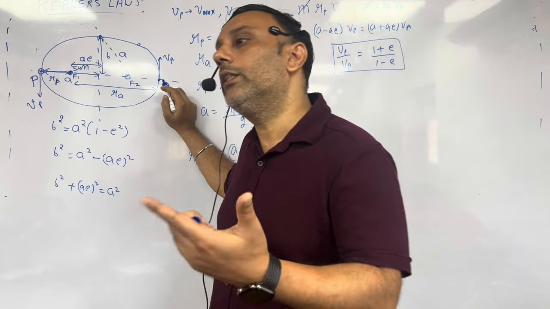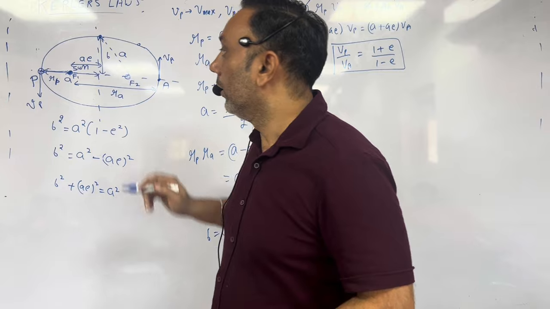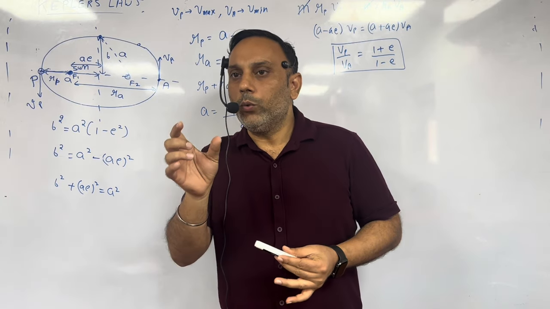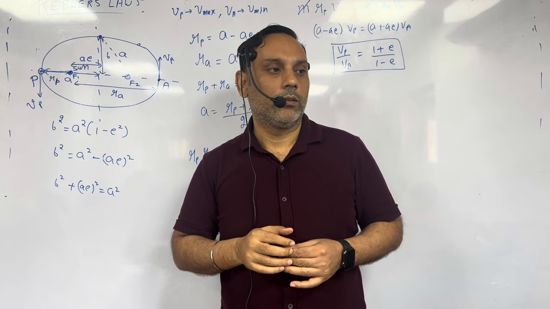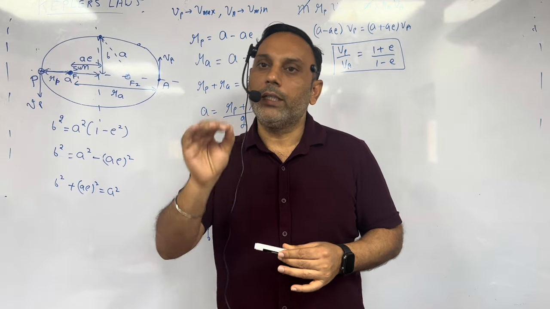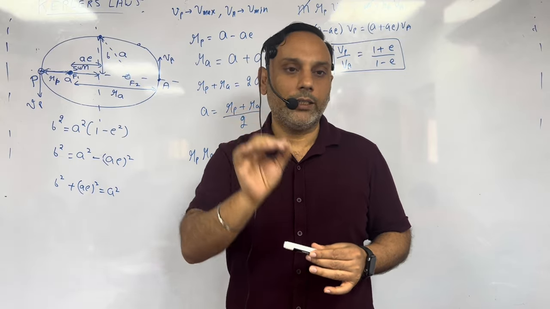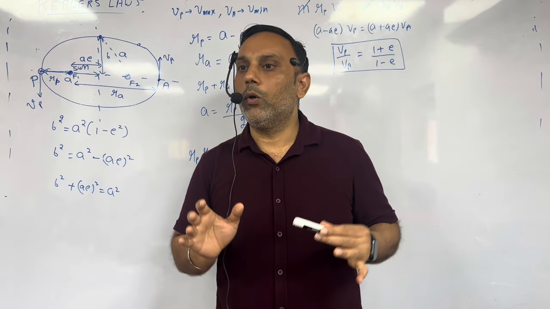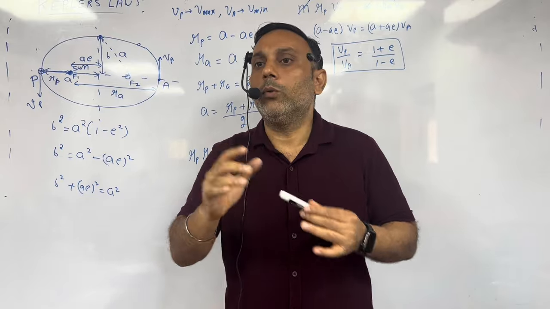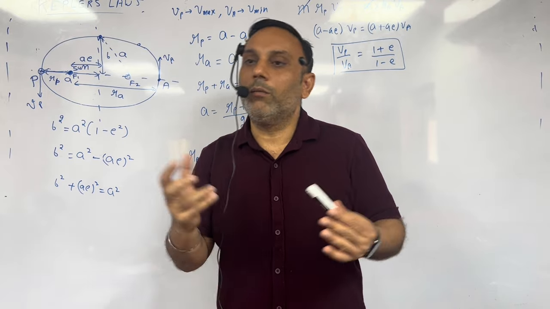Because change in kinetic energy is what? 0. Right? Now tell me, can there be any two different points in which work done by gravitational force is 0? If initial and final point are the same, then we know work done by gravity is 0. Can there be two different initial and final points where work done by gravity is still 0?